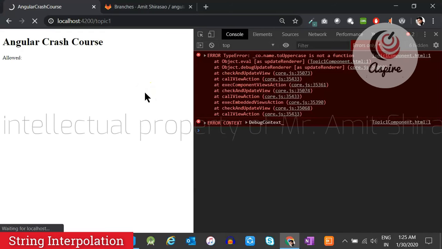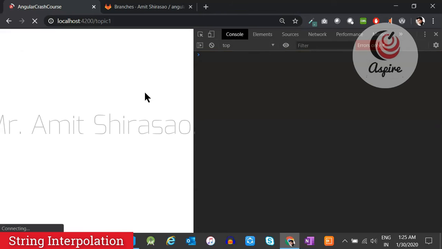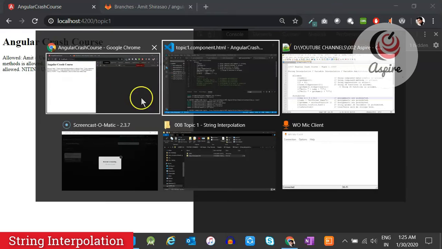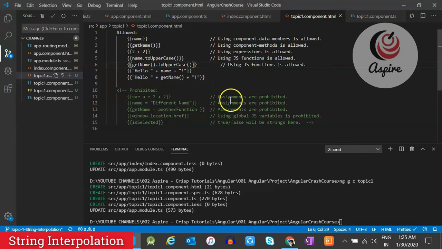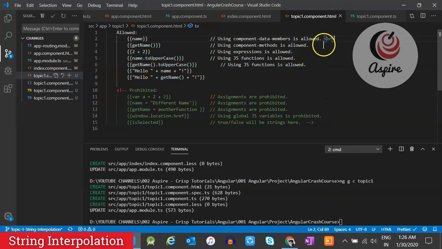Refresh. Yes, so this is how it is showing up, and let me just break it down into different lines. Okay, how do I do that now? Let's say for the timing I'll just add a BR over here. I know it's a clumsy way of doing it, but come on, spare me. BR, BR, BR, BR. Here, here, here. Yeah,